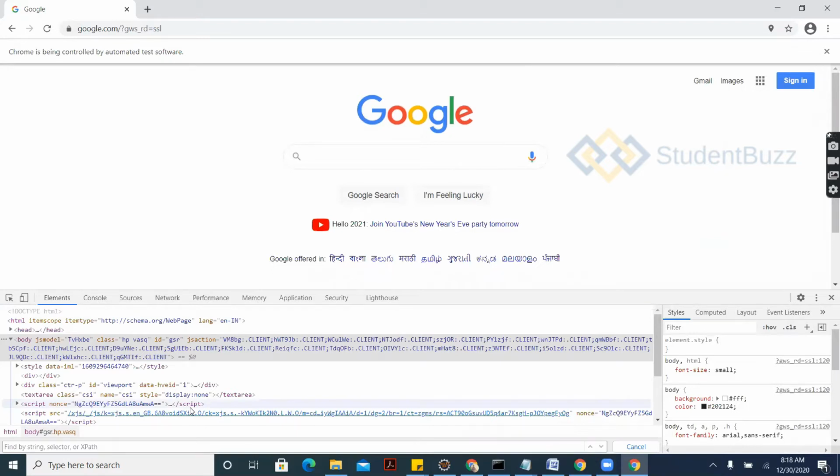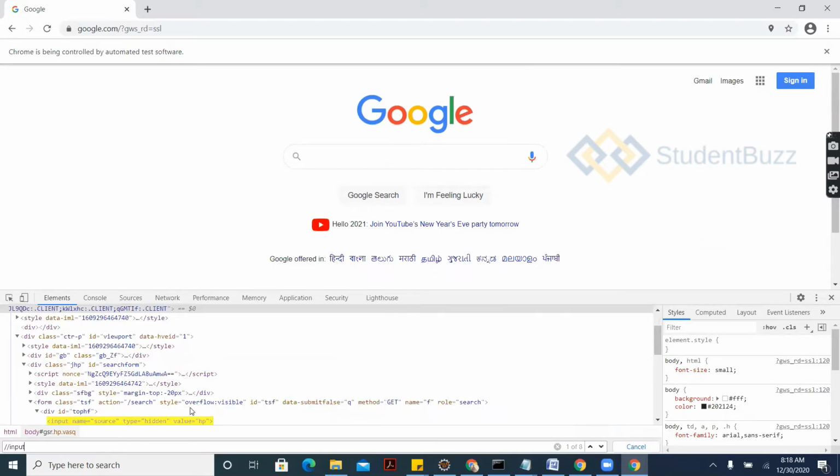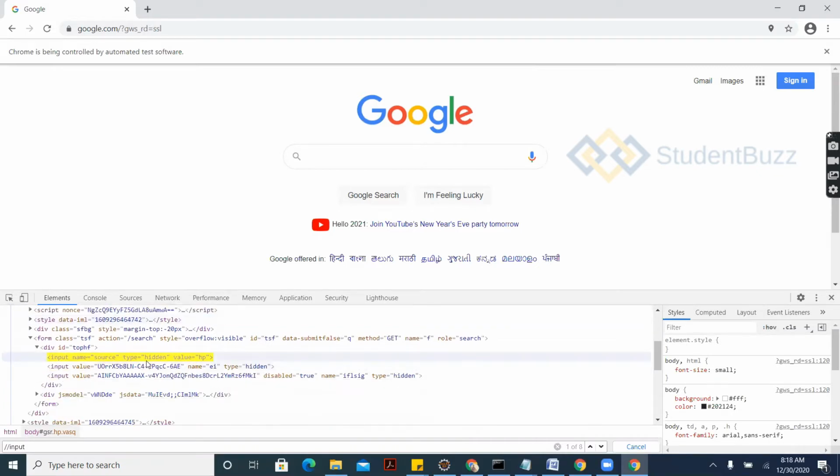Try this input here. The first element in the browser opened by Selenium has a different attribute than the one opened manually, but here it is showing the source.